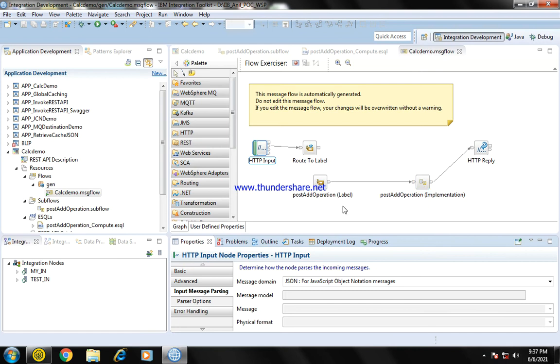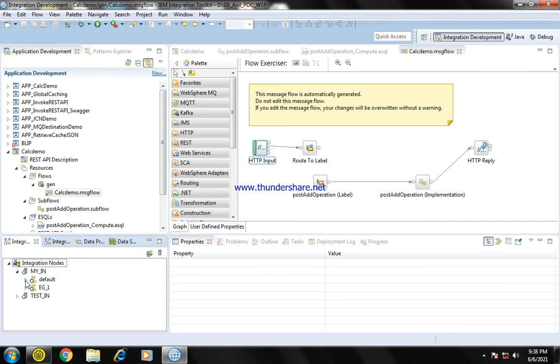It will take two input arguments and send the addition as a result. That is about my demo. Let me deploy this flow.